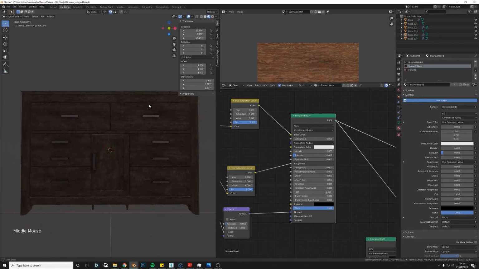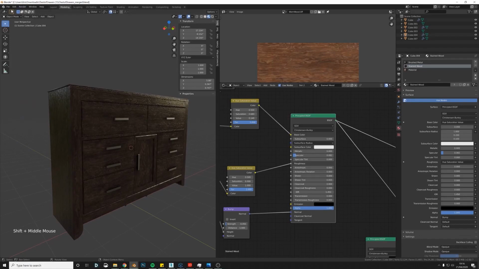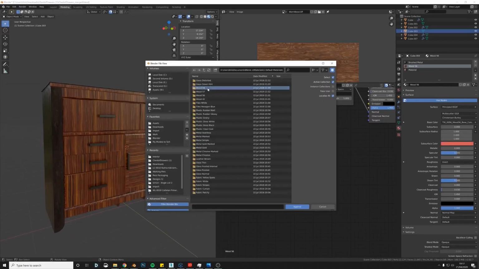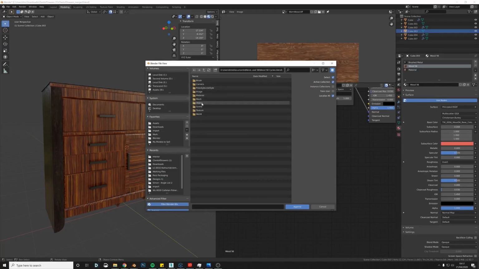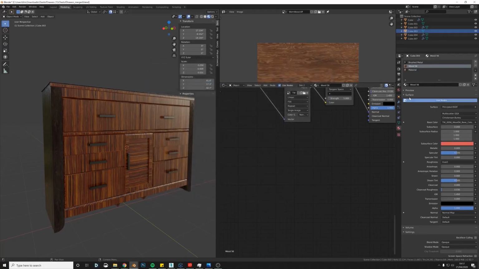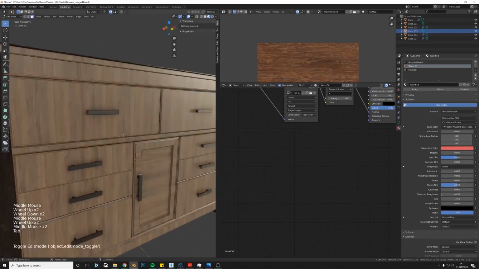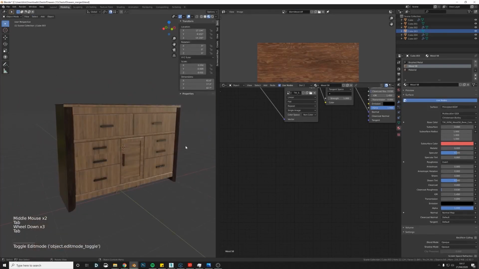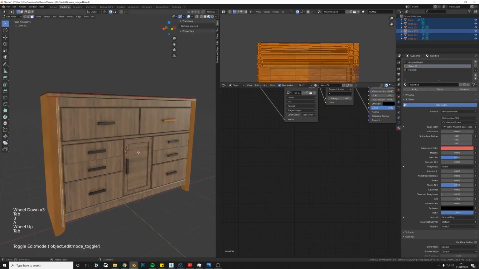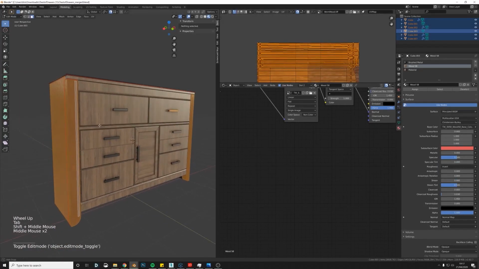Okay, so I think that that's fine for this object, but what I would try to do now, I'm actually going to apply another wood and see if it will make an improvement. Okay, so I've just tried wood 58, and that one I quite like. But the problem is that now the wood grain is going completely the wrong direction on the whole of the object, so I'm just going to select every item